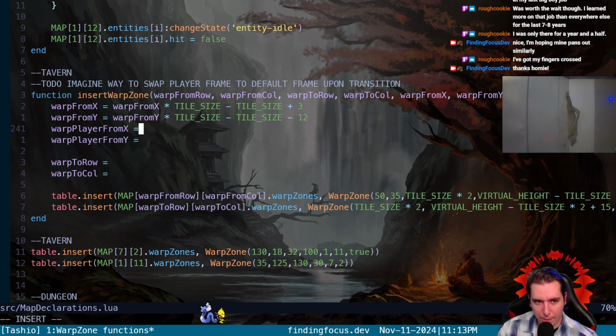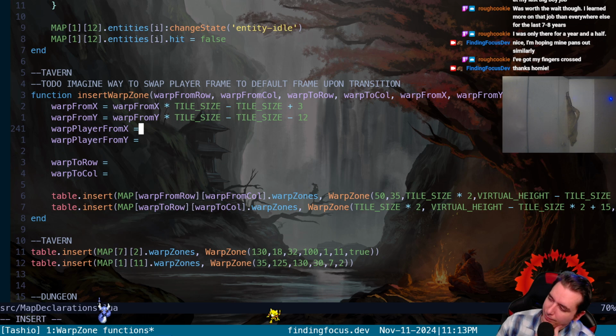Warp player from X. Now, actually, hold on a sec. We don't really need, you know, our player has the collision for a